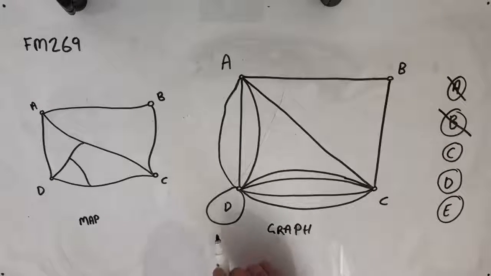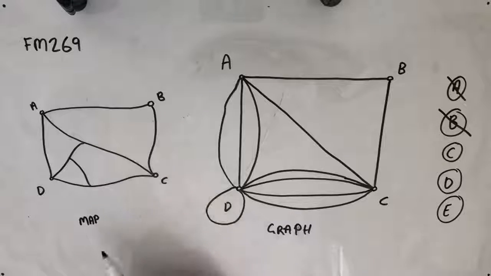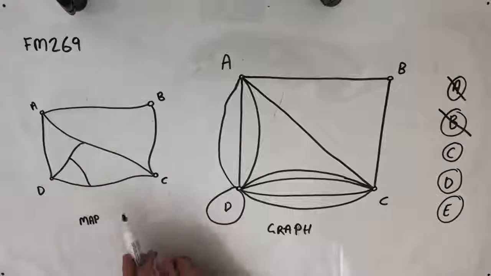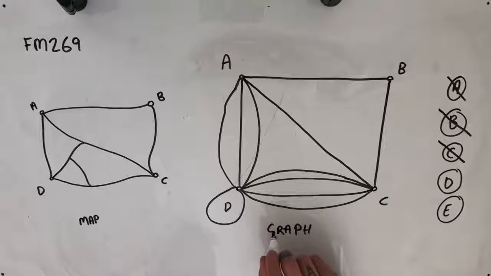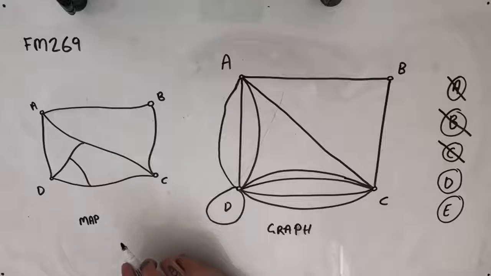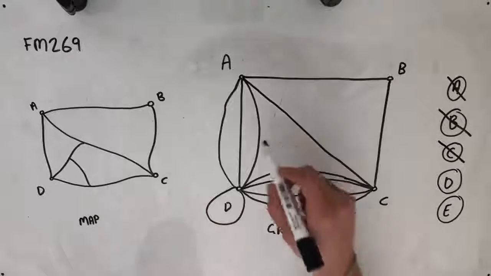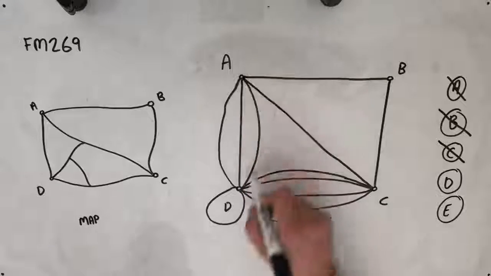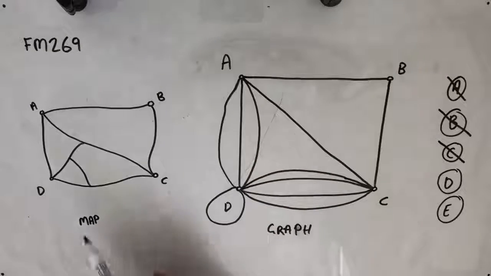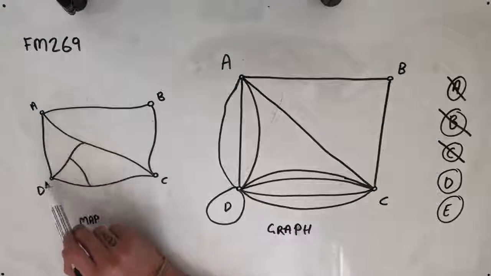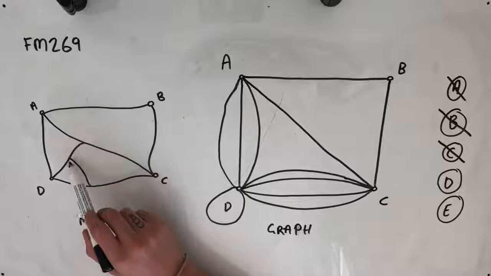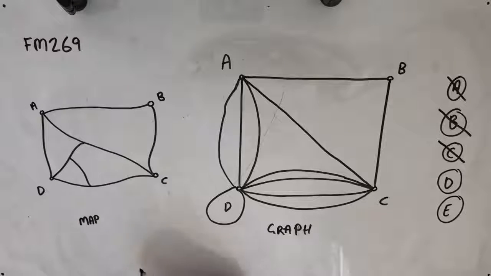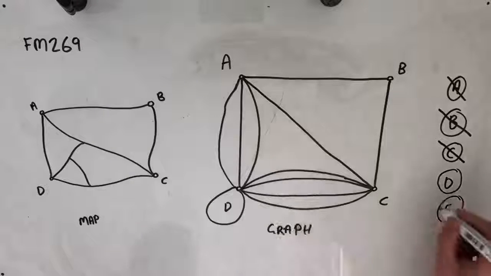And also when we look at option C, which says adding another edge between D and C, well, there was no 5th way for us to get from D to C, so that also eliminates option C. Option D says adding another edge between A and D. So far we have 3 edges between A and D, which means there should be 3 different paths we can take. So 1, 2, 3. So there is no 4th way that we can get from A to D, meaning D is not our correct answer,